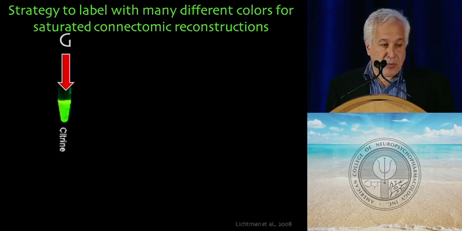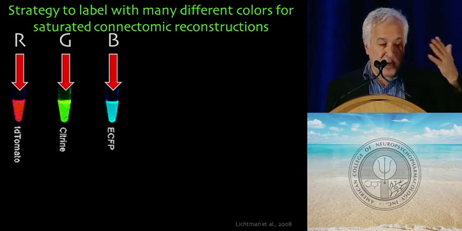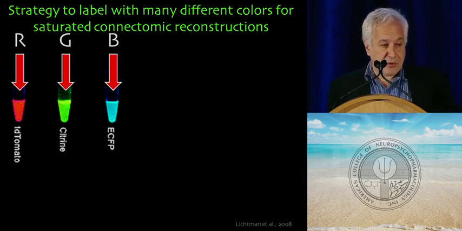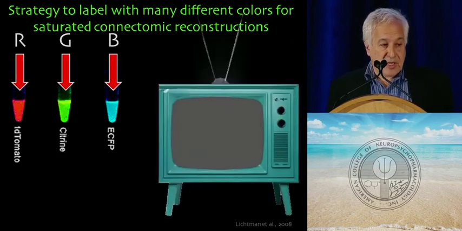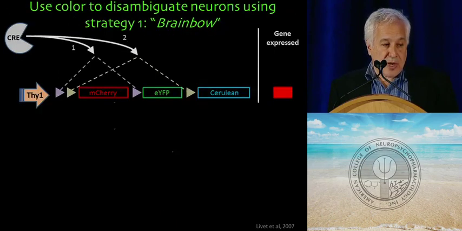And one approach might be to take advantage of green fluorescent protein genes, red fluorescent protein genes, and blue fluorescent protein genes. RGB is really all you need to get all the colors a human can see because we are, after all, trichromatic. That is, every color we see is just a mixture of those three colors, including the colors on the screen, which are just three channels being shown there. And so that's how black and white became color television, with just three colors. So if one could randomize the amount of red, green, and blue fluorescent protein in individual cells, that might be a strategy forward. And indeed,